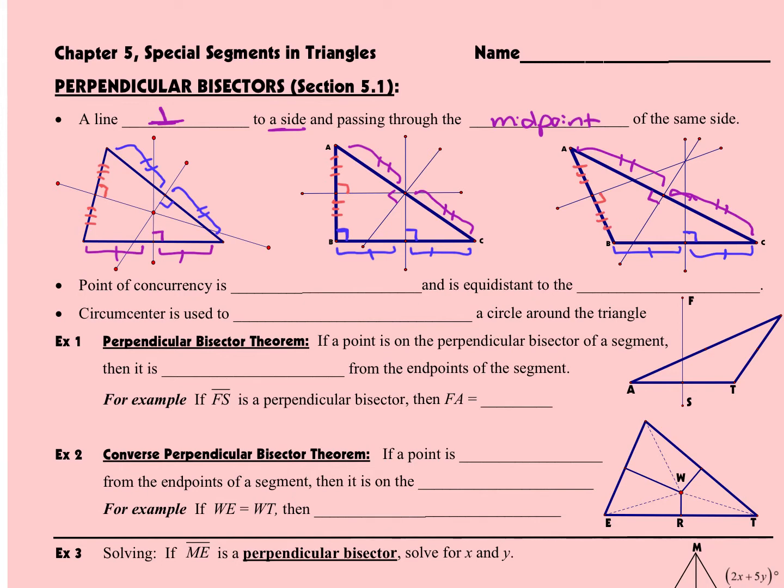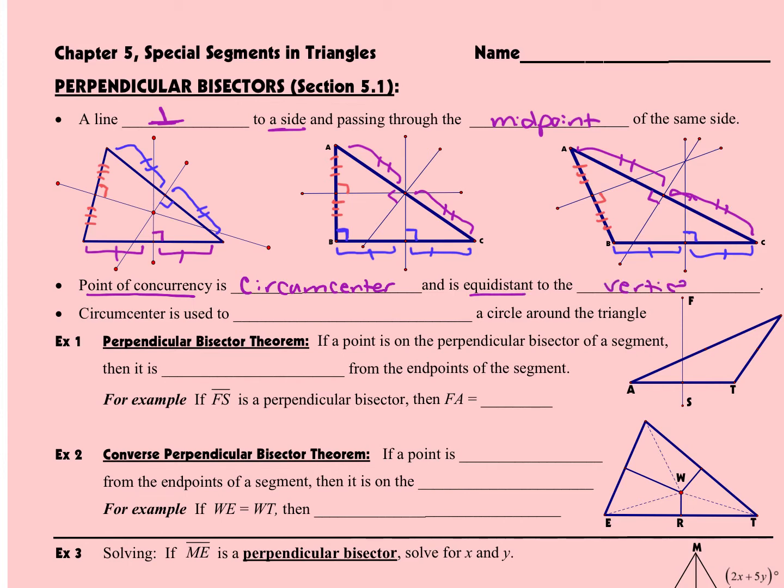Okay, now notice that in all of these cases, the three perpendicular bisectors are intersecting in a single spot. That is called a point of concurrency. The point of concurrency has a special name called the circumcenter, and you need to know it. You need to know that circumcenter is for perpendicular bisectors. The circumcenter is going to be equidistant, that means the same distance, to each of the vertices